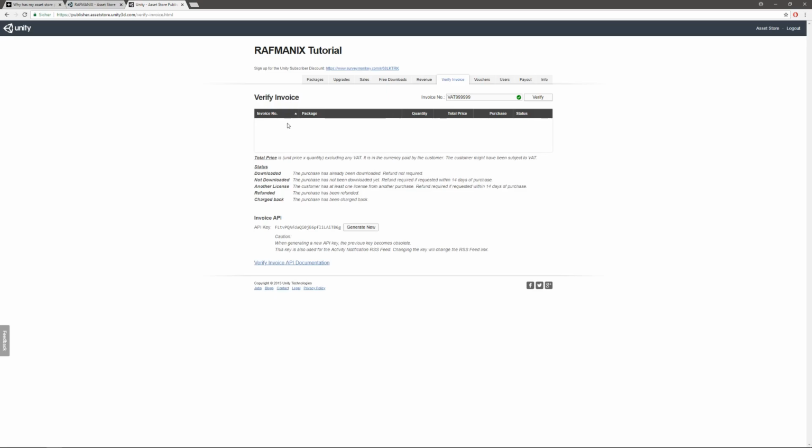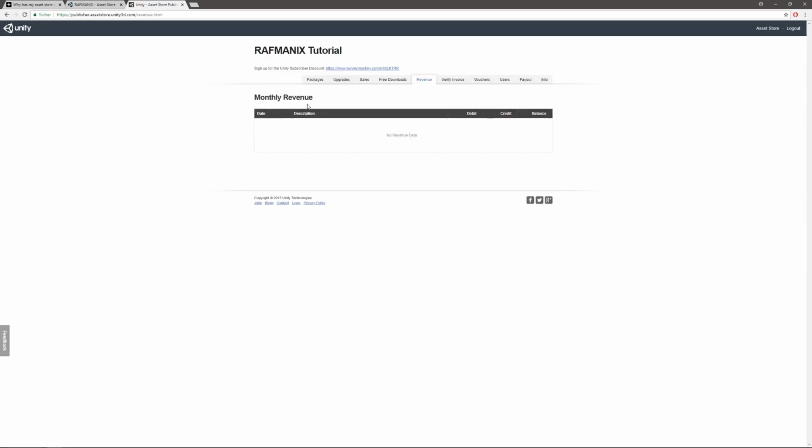In the next section, Unity creates every month the debit, credit and balance from your sellings. This is an overview of your selected assets. On the next part, free downloads, if you have created some packages that are free in the Unity Asset Store, they will be listed here. And this section will be chosen every month.